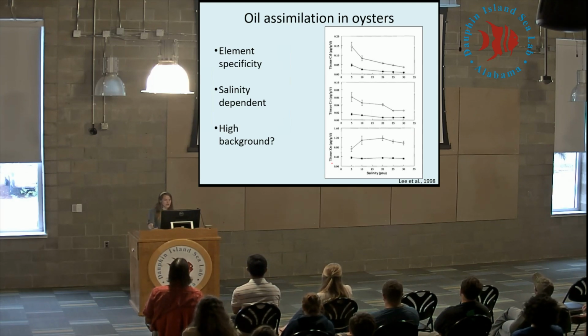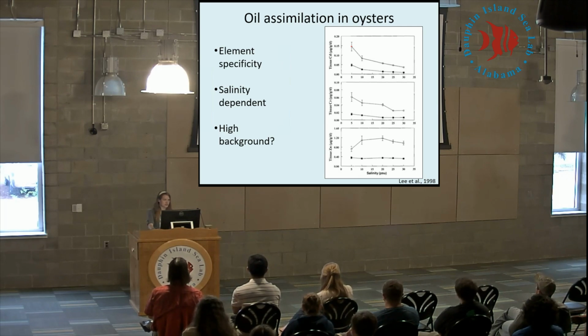The bioaccumulation of elements can be affected by environmental factors. For example, salinity is a major factor that affects the northern Gulf of Mexico because of a large influx of fresh water from the Mississippi, Atchafalaya, and Mobile River systems, which creates a dynamic environment that can affect the assimilation